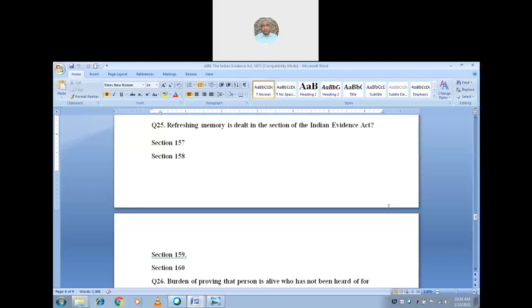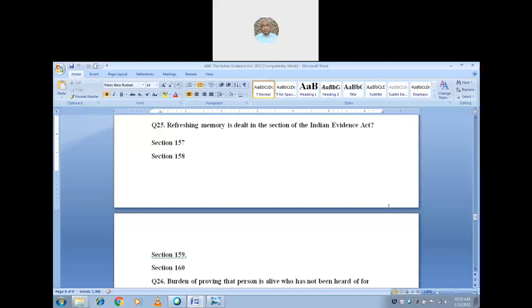It means, suppose a doctor has given a medical examination in a rape case. The doctor will be called to come to the court and give what is given in the medical report, because after 1 year, 2 years, 3 years, he could not remember it. So he will ask the court, can you give me that paper on which I wrote my medical report, to refresh my memory? Because there would be a gap.